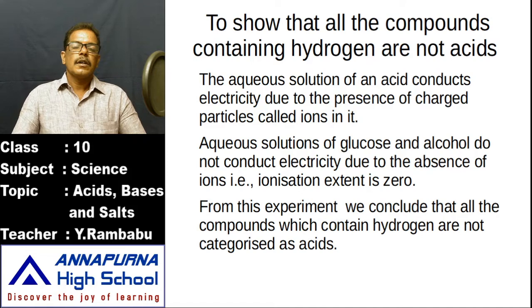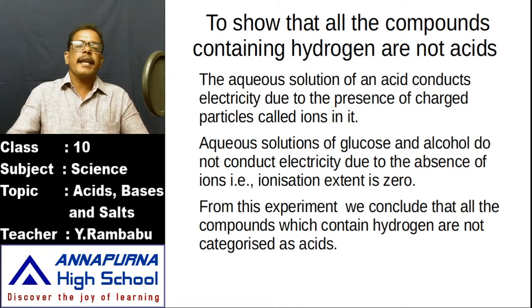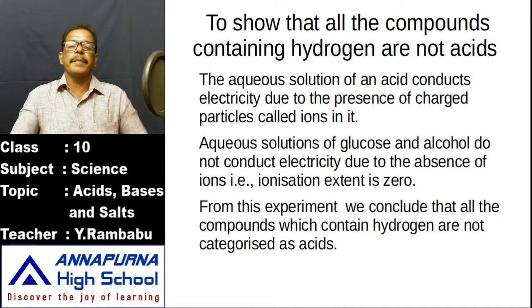First pour the aqueous solution of hydrochloric acid into the beaker such that the 2 iron nails, which we call electrodes, are immersed in it. Turn on the switch. Observe, does the bulb glow or not? Yes, in the case of the aqueous solution of hydrochloric acid, the bulb glows. Why does the bulb glow? Because charge carriers are present. It means this aqueous solution of hydrochloric acid conducts electricity.